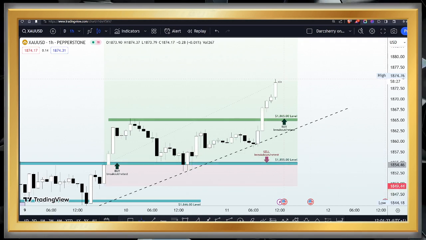Now, if we consider the Hamas-Israeli situation going on right now, it's like an economic turmoil. Majority will want to be placing their funds in a safe haven, and gold is one of the safest havens that one wants to place their funds in. And because of these expectations, I'm of the opinion that price will still continue to the upside.